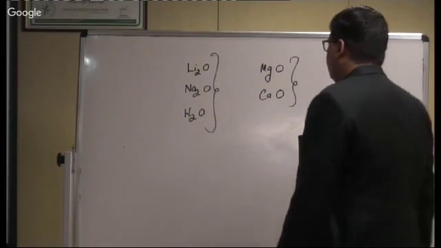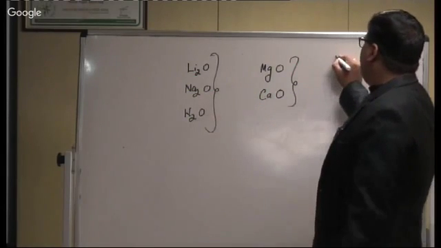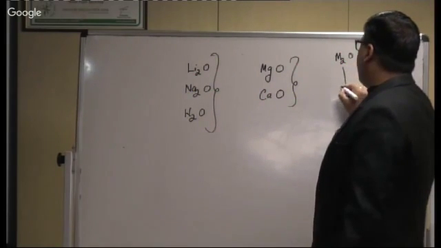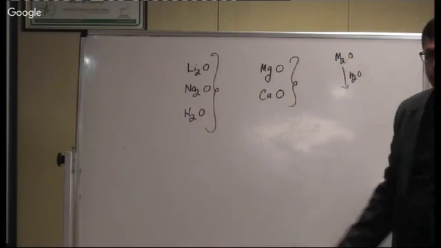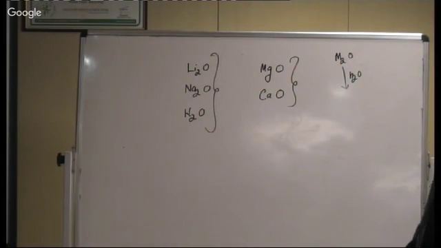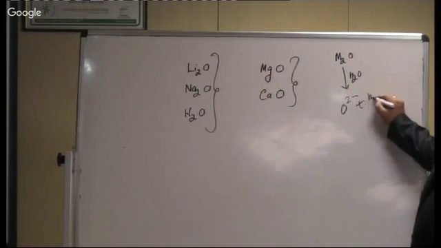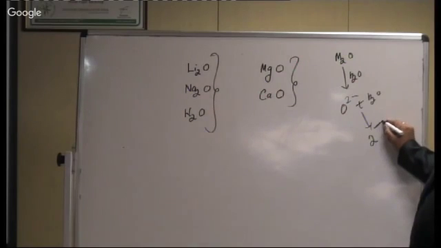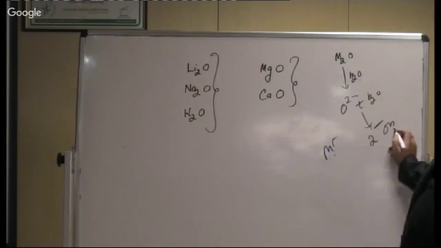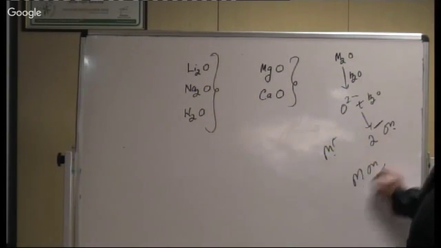Why they are basic oxide? If these metal oxide M2O is added in water, oxygen consists of 2 minus and it is a strong conjugate base. So this O2 minus reacts with water to accept one hydrogen and it produces 2 OH minus. You will say that there is a metal which can form bond with this OH, MOH, but this MOH is